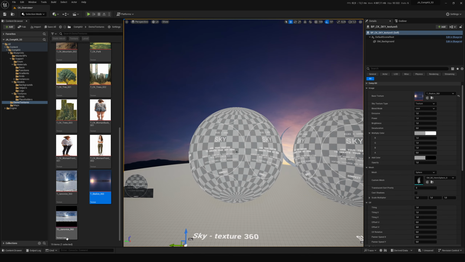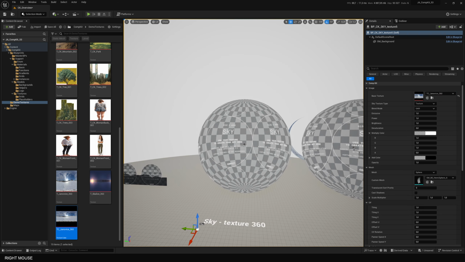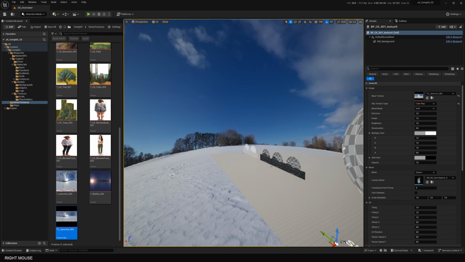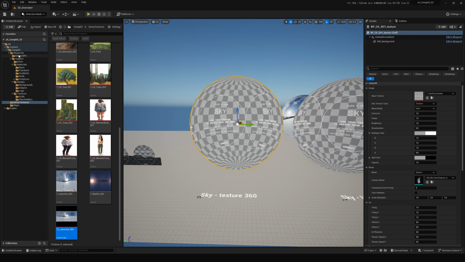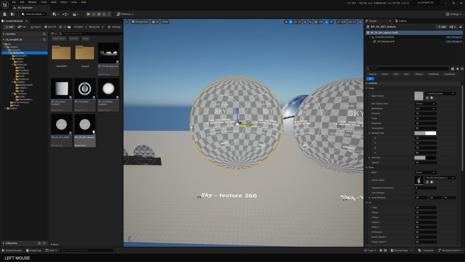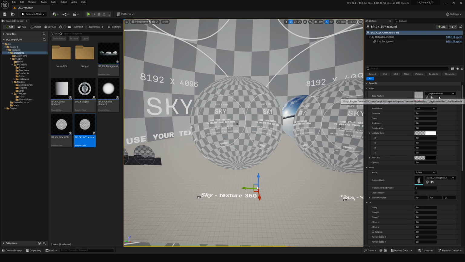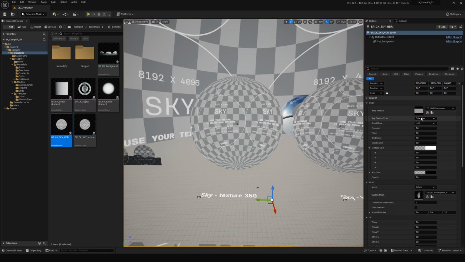But if I want to use the texture cube, I can drag it here. You can see it's not working because we need to switch the texture type to texture cube, and now it's working. So that's the main difference between this blueprint and this one. This one works with the texture, and this one works with the cube map. Then you have the same settings with the color correction